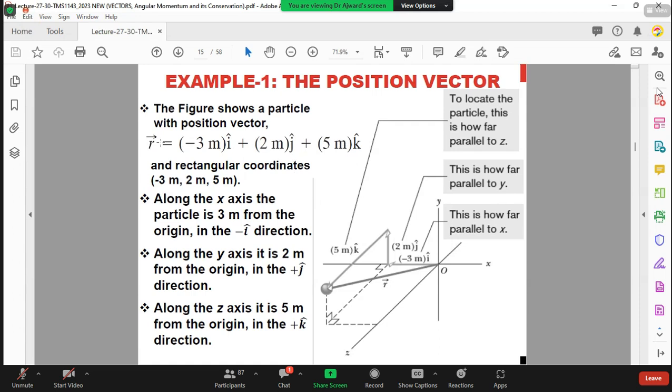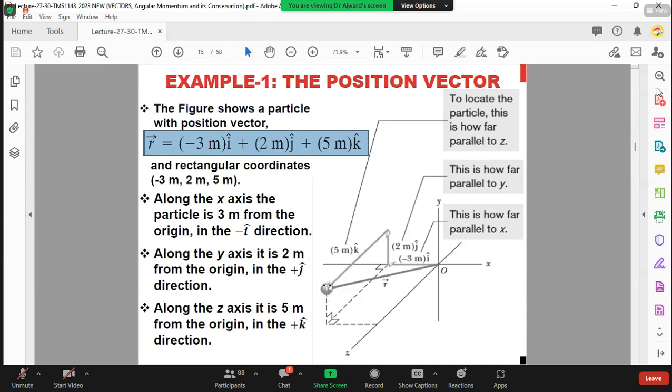So you can write the vector R like this: -3 i hat, that is the distance. Let's say there's a particle at this point. The coordinates of that particle are -3, 2, 5, right? So you have to go -3 along the x-axis, -3i, 2 along the y-axis, 2 meter j,